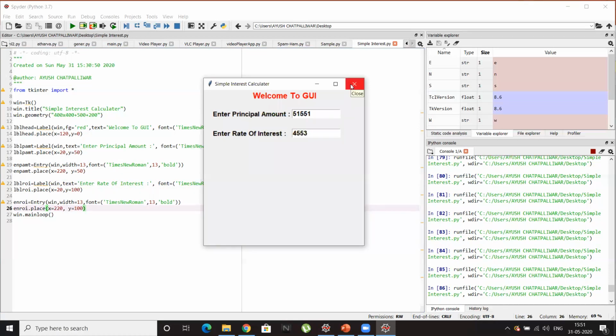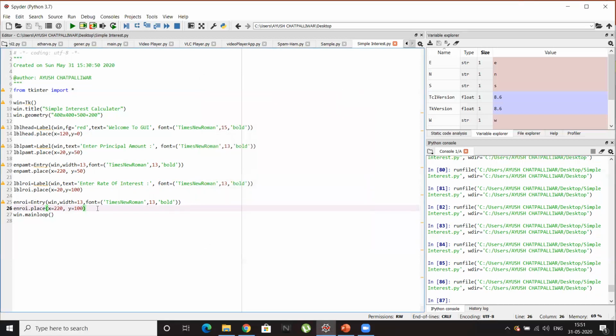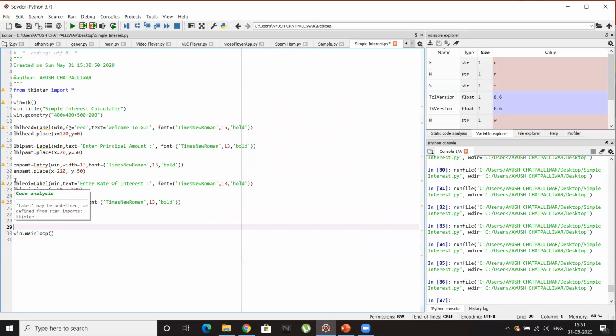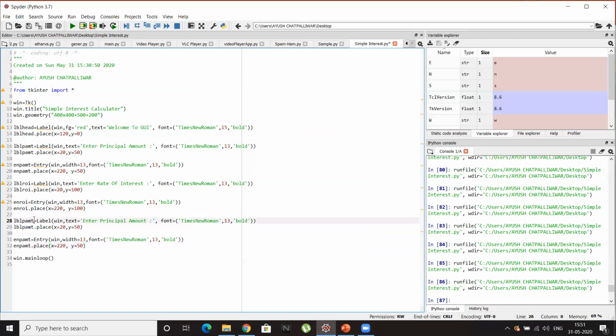Similarly, we'll do the same coding for time also. We need the time for what duration we need to calculate the interest. So I'll just paste the code for time and make some changes. LBL time. Here also LBL time.